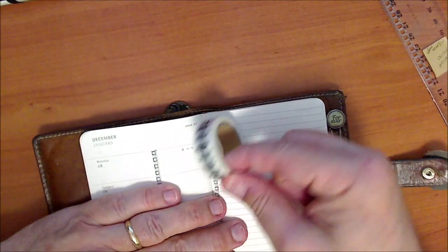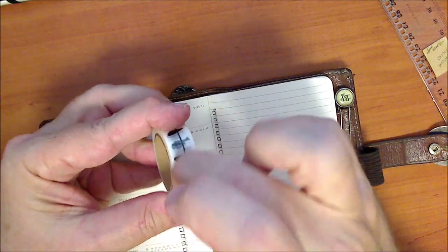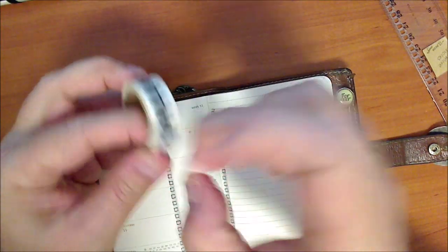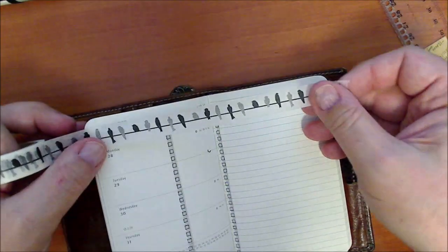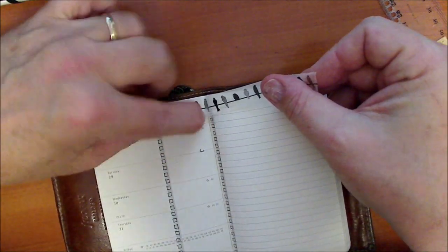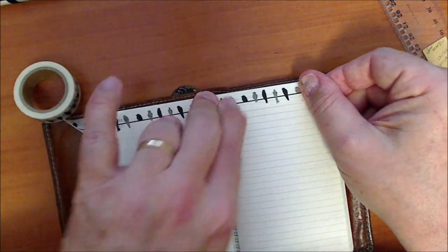So the highlight is there, and the last bit of course is putting washi tape on the top. So very quickly, I always like the bird one. Seems to be one that I like to start the year off with, but anything is good. And again, the washi tape that I'm using is solely just to give it a bit more strength. Very easy. I just line it up at the top and push it in with my fingernail and line it up